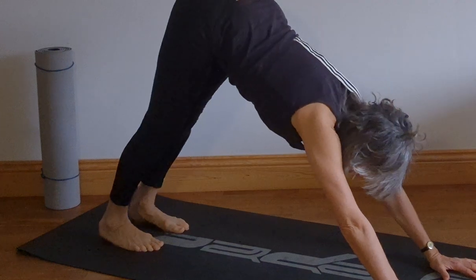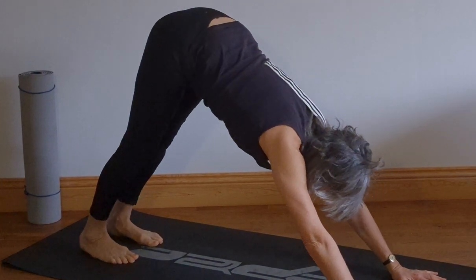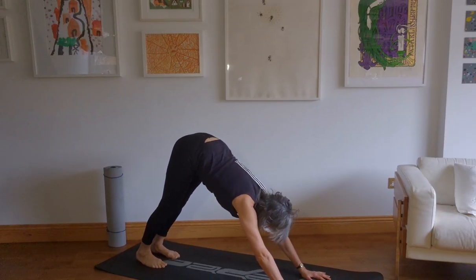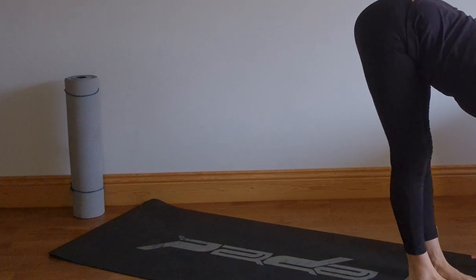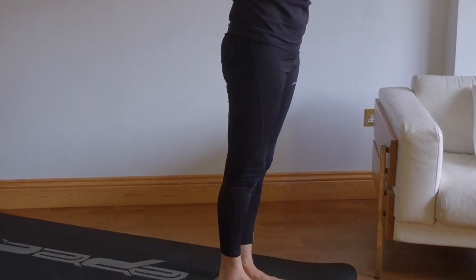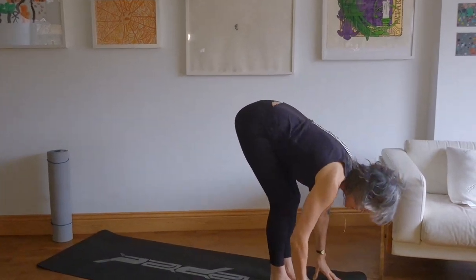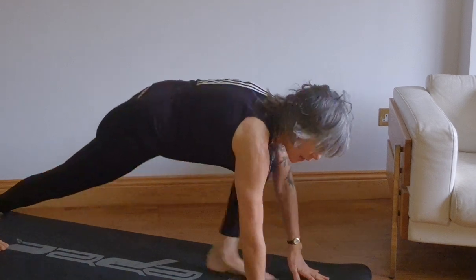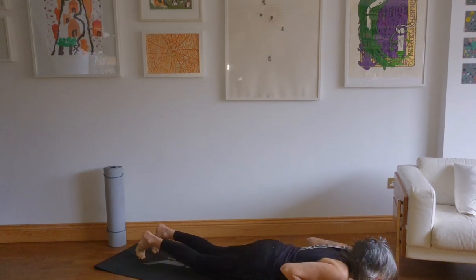Breathing there. 1, 2, 3, and on 4 we're stepping the left foot forward. Right foot, inhale, exhale, inhaling up. This time we're going to go down, we're just going to focus on the breathing. Exhale, straight back down. Inhale, exhale, right, left, knees, chin, inhale,